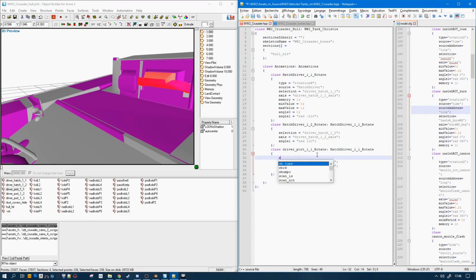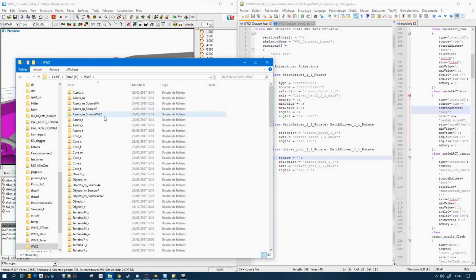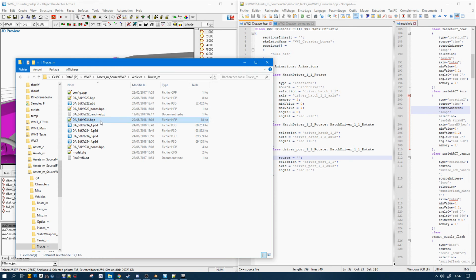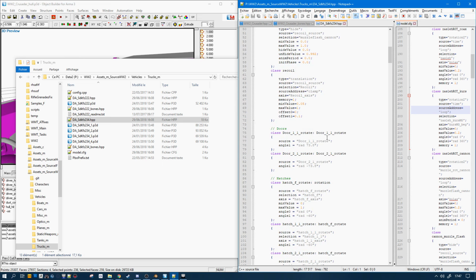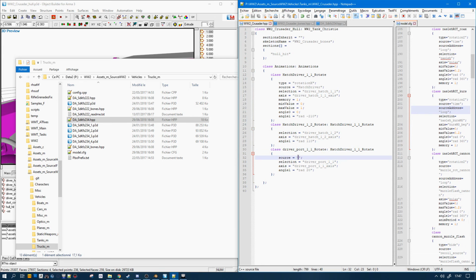And just the source is going to be, how did I set that up, okay, same name as the, so this is going to call the animation source inside the config.